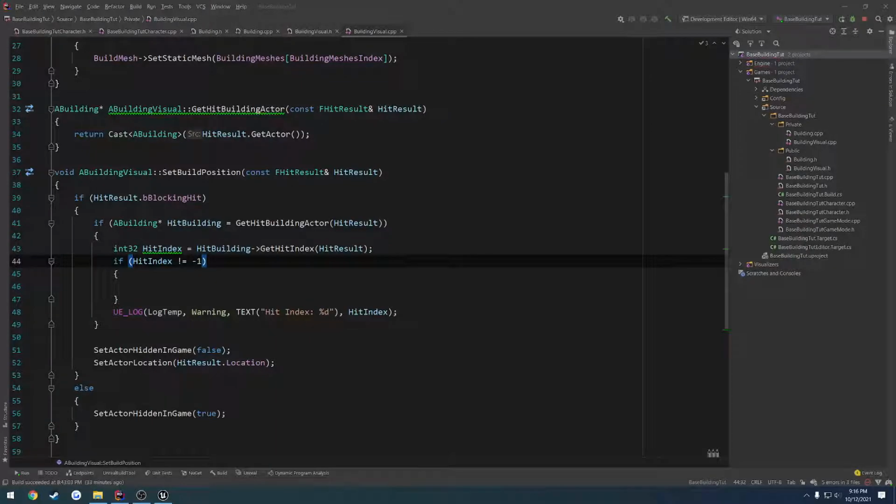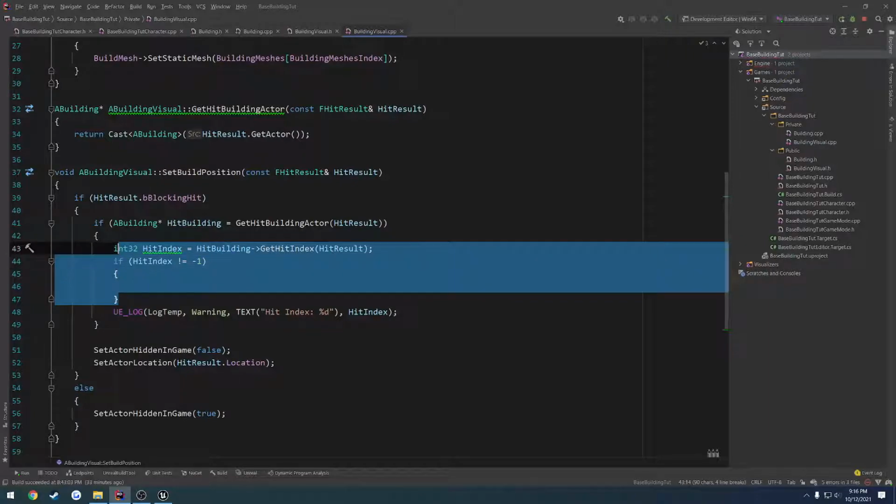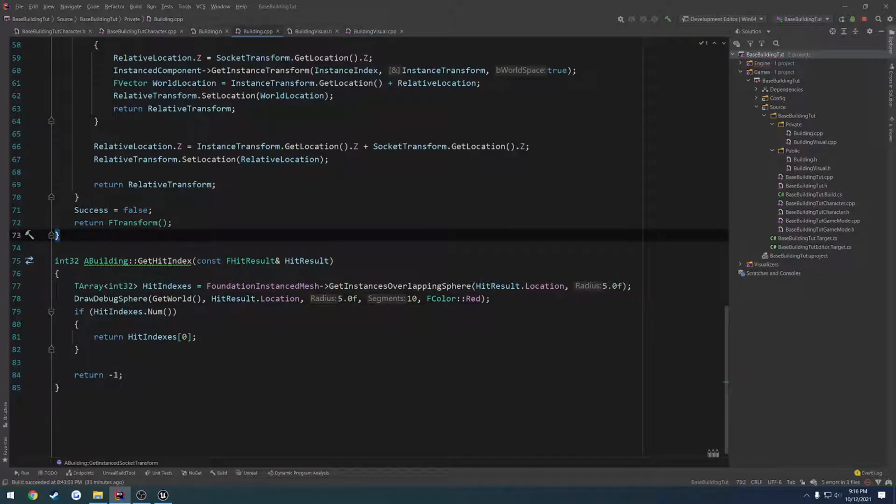In this video, we're going to end up moving some of the code around. So we're going to move this over to the building class. And I want to make a function that will take in a hit result and return us the closest socket, I guess, the closest socket on the hit instance that our line trace or the impact point of our trace